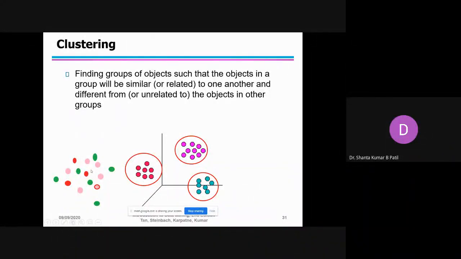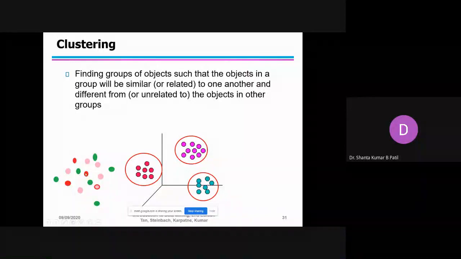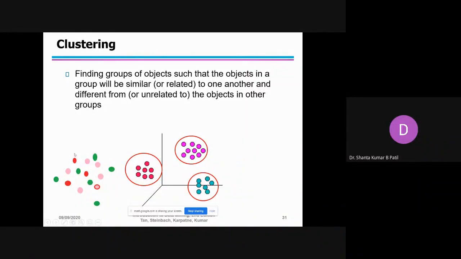If you apply the clustering task on the data warehouse, I have taken a small data warehouse which consists of different patterns. Maybe this you can take as the banking system, this parameter you can take as water bodies, and this pattern you can take as the forest area. With the help of the clustering, you can segregate. So the green pattern is the forest area, this is the banking system, and this is the water bodies. This is how you can segregate with the help of the clustering.